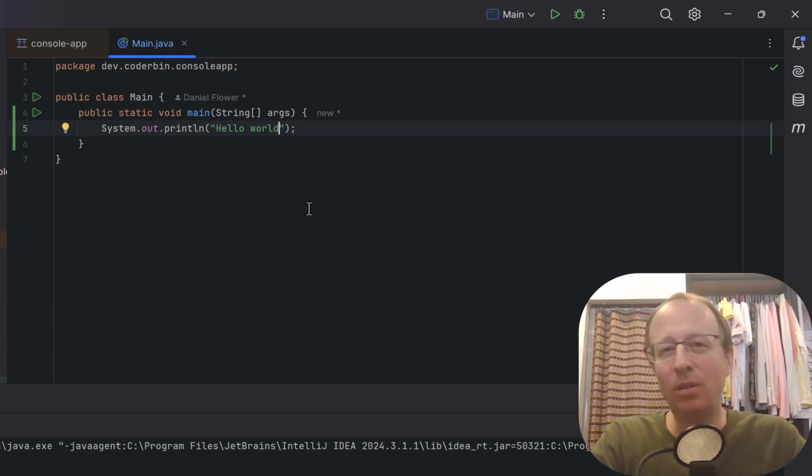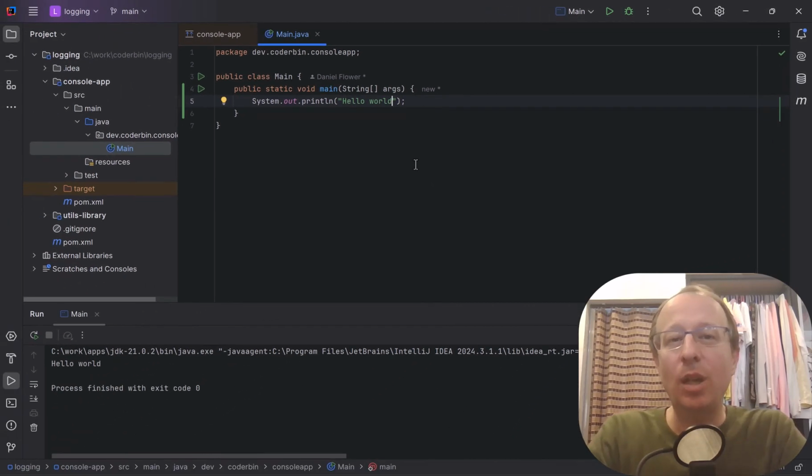So which should you choose? How do you configure it? Well, if you do it wrong, it's going to be complicated and cause a lot of pain. But if we follow a few principles and rules, it's going to be very easy. So I'm going to create an application that logs using first Log4j. So let's see how we can get started with that.